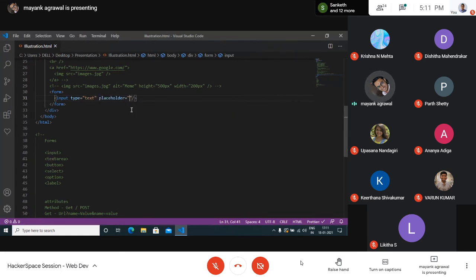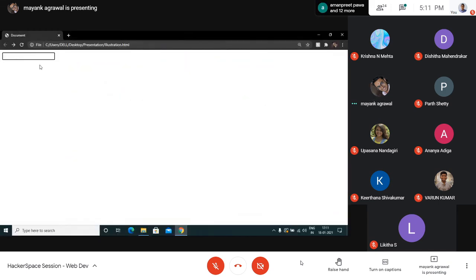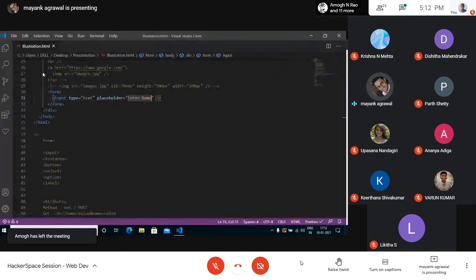What a placeholder does, say, name, is it adds this grayish faint kind of thing. It will stay there until I have typed something. So my user gets to know that this field over here has some purpose to it, and it's prompting the user to enter name over there, right?